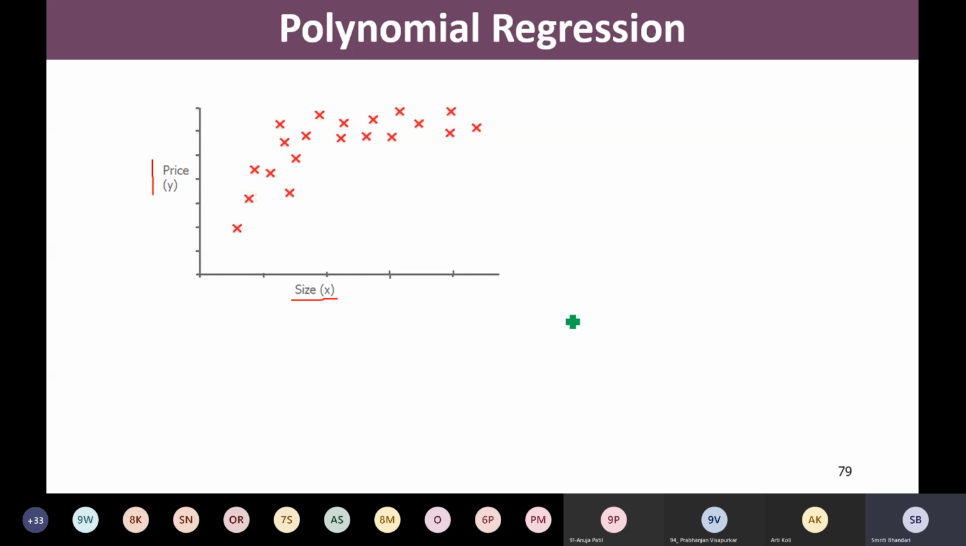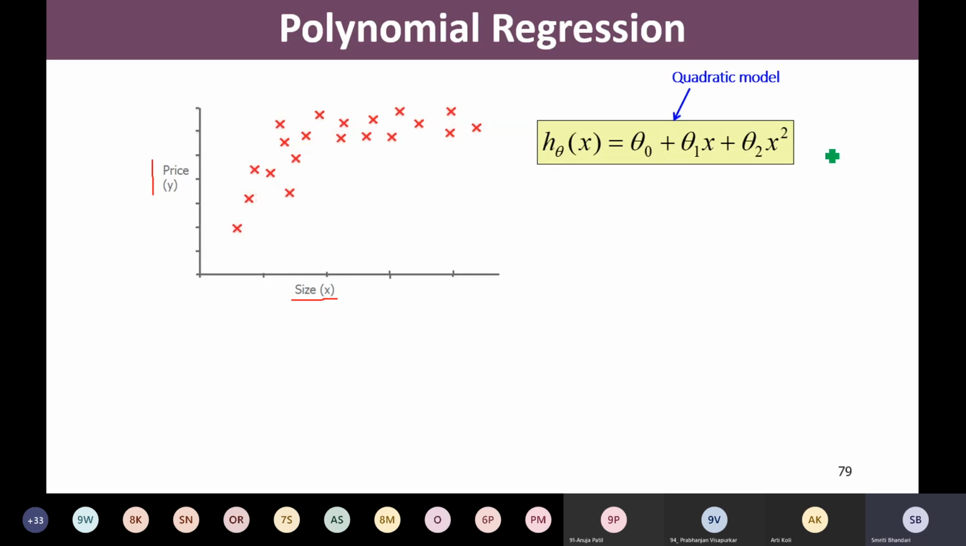So let me try now the hypothesis that is quadratic. If I consider such a hypothesis, h theta x equal to theta 0 plus theta 1 x plus theta 2 x square, this is a quadratic function. This is a quadratic model. So if I try to fit this kind of a model with this data, what I get is something like this,